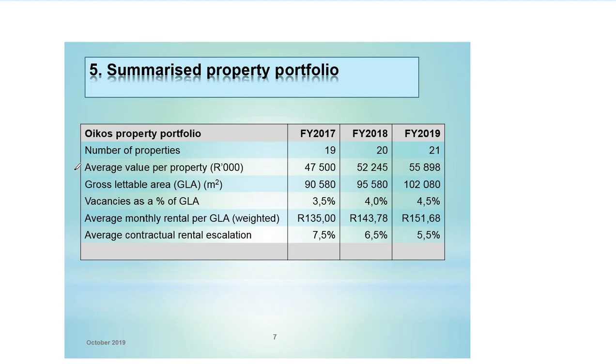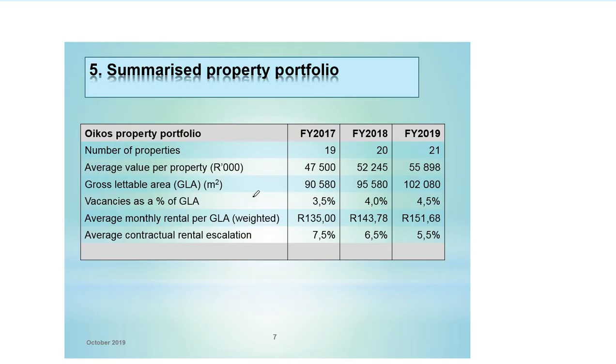Then when you move down and look at average value per property. Average value per property each year, we can see there is an increase, and you need to calculate the movement because this kind of calculation might help you in answering some of the qualitative questions as you move along in the exam. Why is there an increase each year? Number 1, property value is expected to increase each year. As the property value increases each year, you're expecting average property value to also increase.